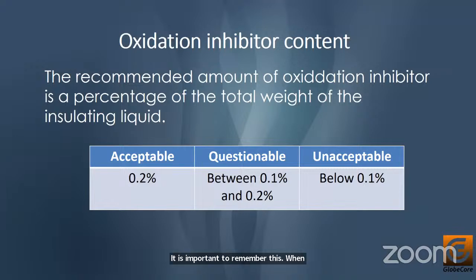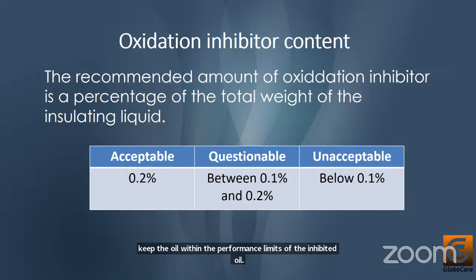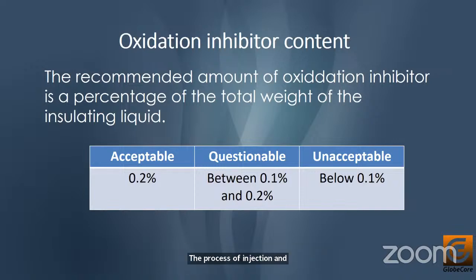It is important to remember this. When the inhibitor is lost, it is important to add it again if we want to keep the oil within the performance limits of the inhibited oil. The process of inhibitor injection is already provided in the oil regeneration units manufactured by our company. So when we regenerate the oil,